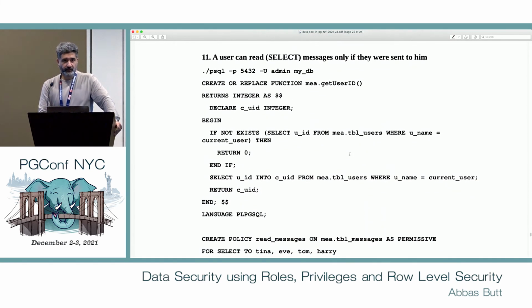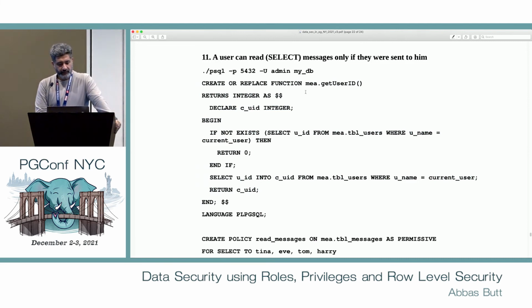Now comes the last part, where a user can read messages only if they were sent to him. So what we do here is first create a function that returns the user ID of the currently logged in user. Remember, in the users table, we had a user ID which was the primary key and a user name which was the name of the logged in user, right?